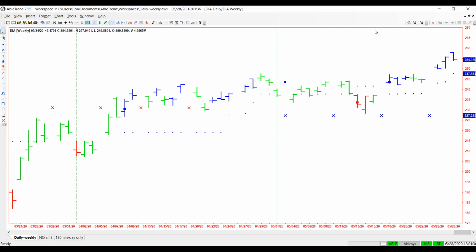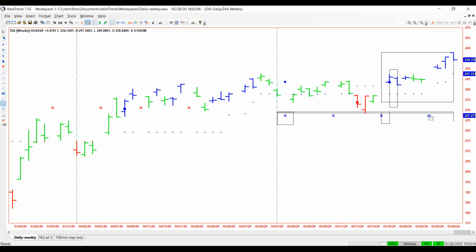And I've got a Dow chart up right here because it's always good to see what's going on in the market, Dow Jones. And we had a really nice buy signal. This entire trade right here is in profit at the moment. Buy signal comes in right there. Blue bar, blue dot. You already had the weekly signal went on it a month ago. You had nothing but